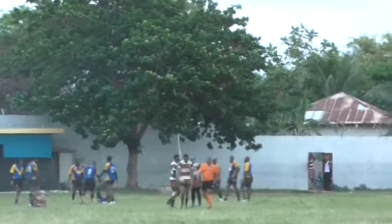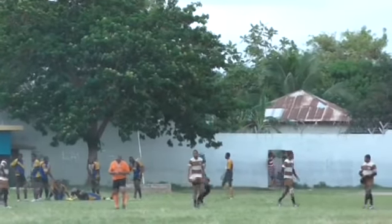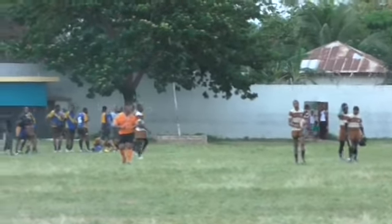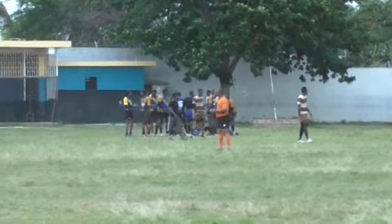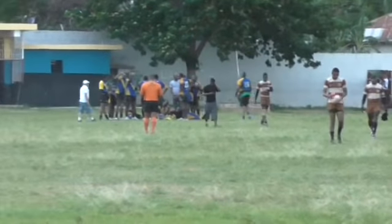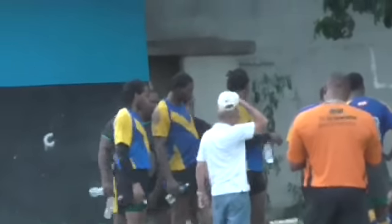Referee calling full time on the game, and Vauxhall are victorious. Good comeback there by the champs, fighting their way back into this one on the back of many mistakes by these GC Foster Lions players. But take nothing away from this Vauxhall performance. It was gritty, it was tough, it was them digging deep,